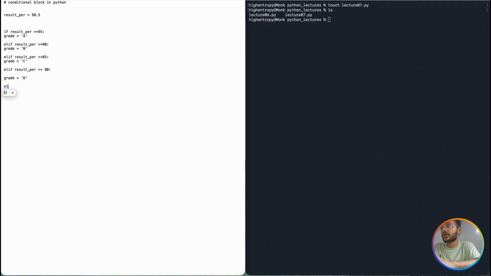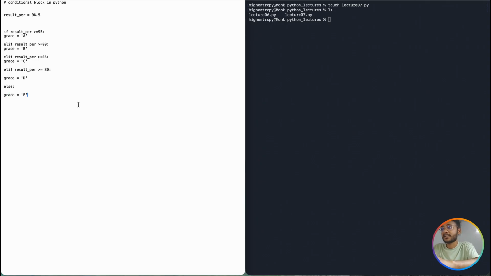And now I'm saying if the conditions are not satisfied, then else, and you can say grade equals to E. If you keep grade and grade like this, then this one will be treated as a different variable, and this is a new label. So whatever you print, if it is not matching, it will throw an error.